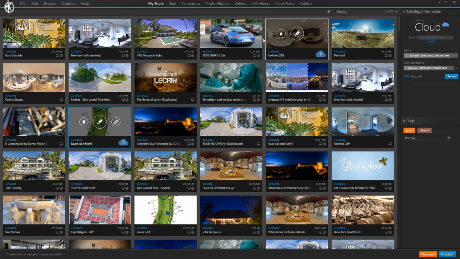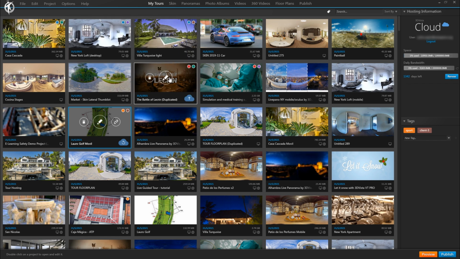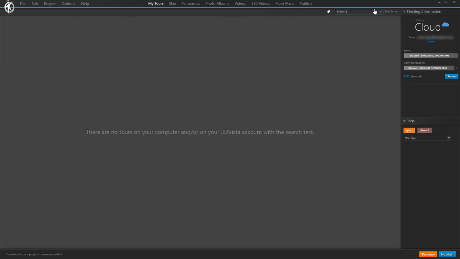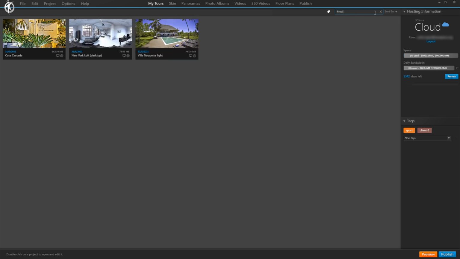Now, with our tag icon, we can see the tours with their individual categories or tags. Or if we search by tags with the hashtag client1, we automatically get all of the tours assigned to client1. Or if we want to quickly see all of our real estate tours, we just search by that tag to get all of our real estate tours to which we had assigned the real estate tag.